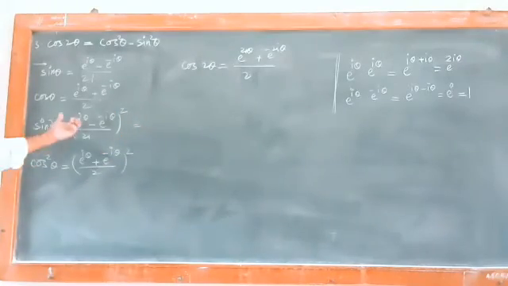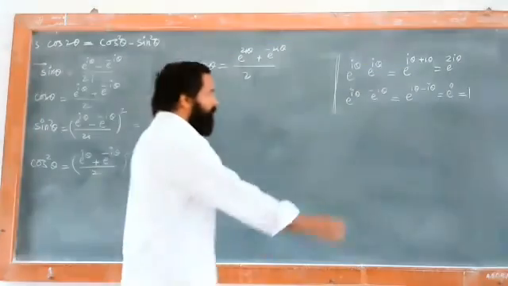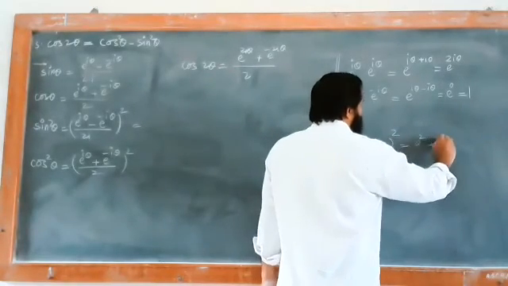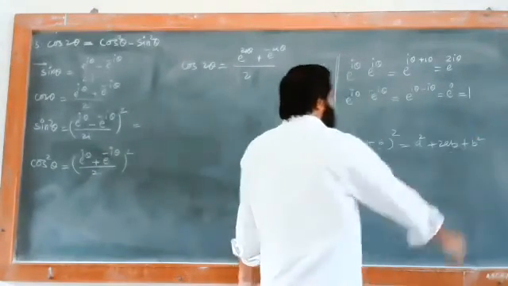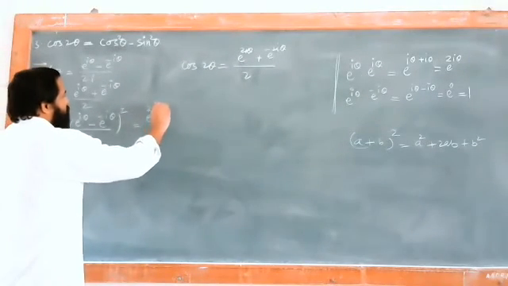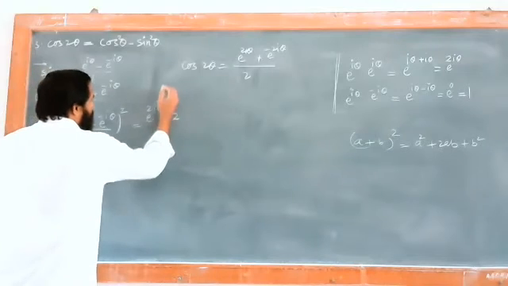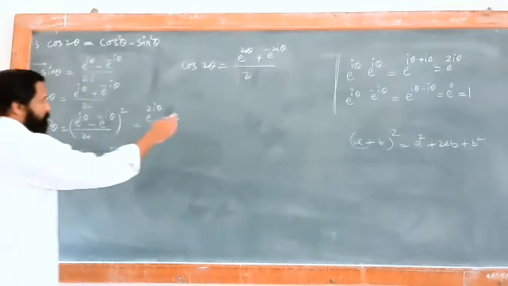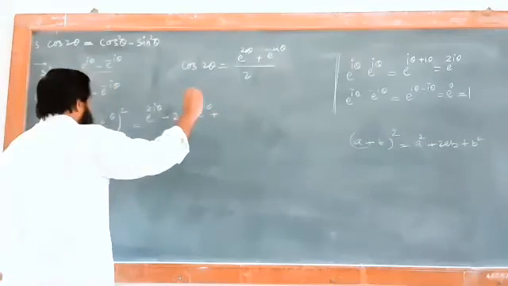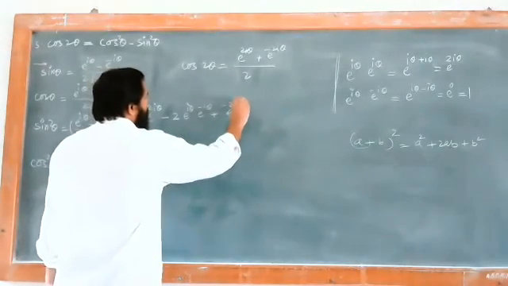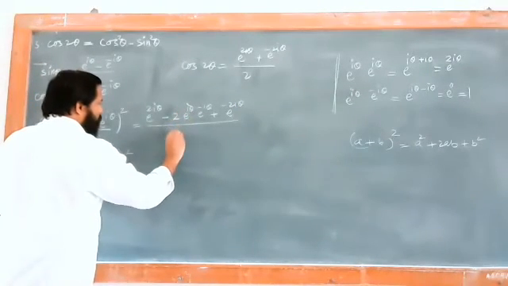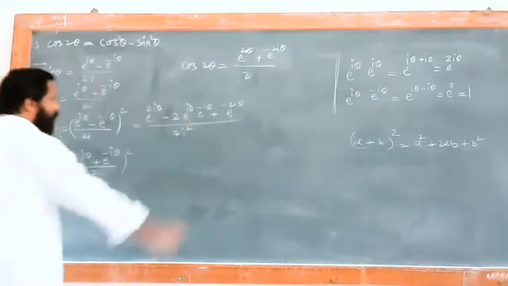So by squaring this, likewise, we did this: (a plus b) whole square or (a minus b) whole square, a square plus twice ab plus b square. Same thing we have to use here, so I can write the first term e raised to twice i theta, plus 2 times, not plus, now this is minus because of this minus sign, e raised to i theta into e raised to minus i theta, plus e raised to minus twice i theta, and that is divided by 2 squared, that is 4, and i squared.